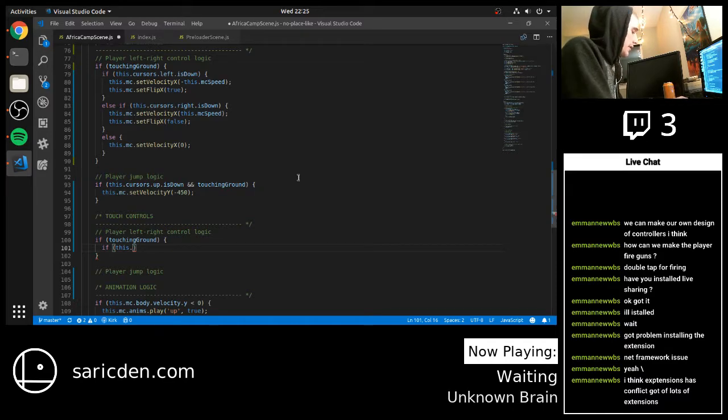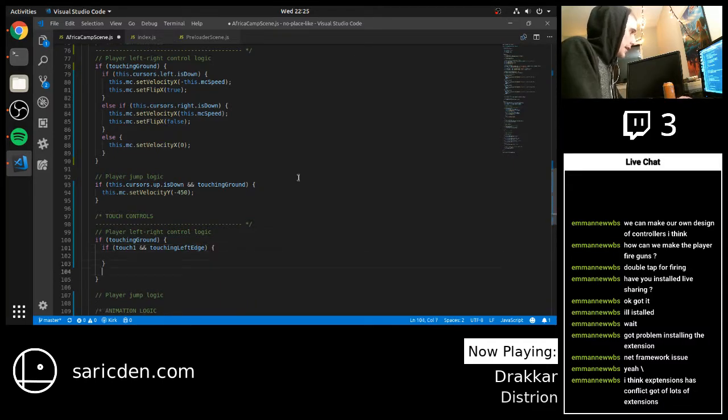If touch 1, so if one of our thumbs is touching the screen, we need another constant to say where on the screen it's touching. So let's say touching left edge. We started at left on the other side. We'll add that constant in a minute, and then we'll say else if